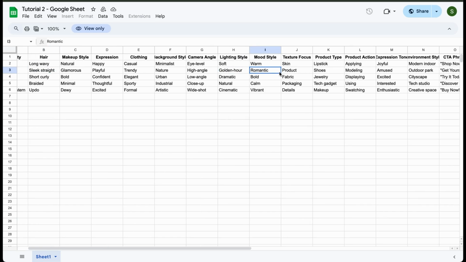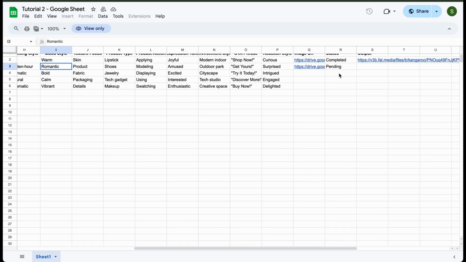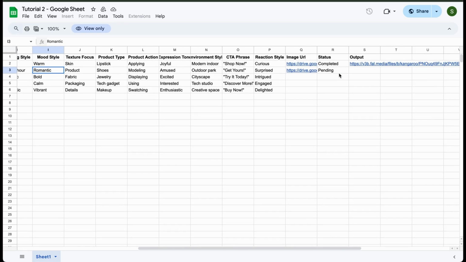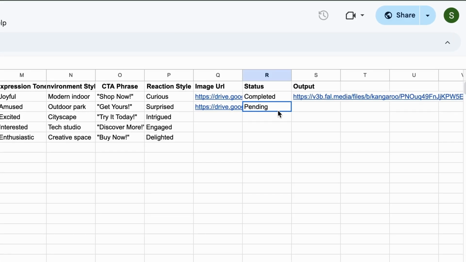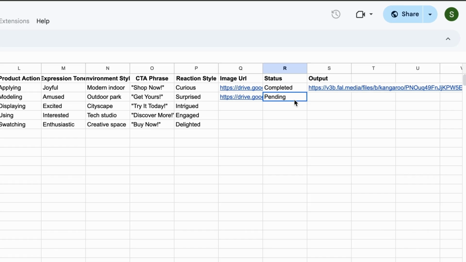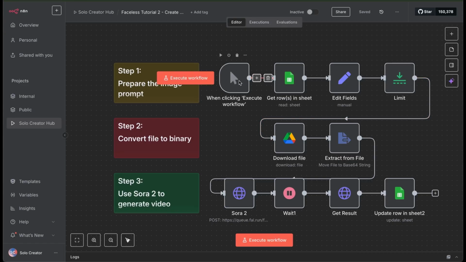You also define the product type, product action, reaction style, and CTA phrase. This structure lets you define both the visual identity and the video behavior in a single spreadsheet. Once you fill a row and mark its status as pending, the workflow will automatically turn that data into a ready-to-use UGC-style video.